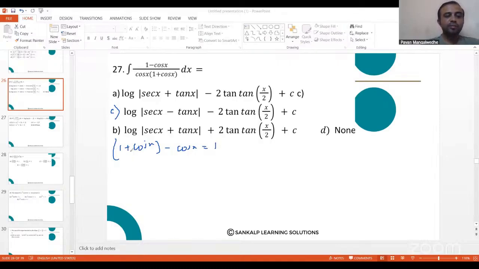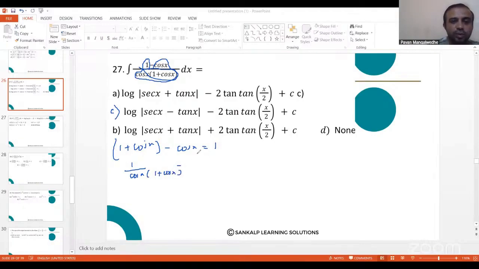It will be 1. And 1 minus cos x, you can simply split it and write it as 1 upon this whole answer, and minus cos x with this complete. That can be split: 1 by cos x of 1 plus cos x